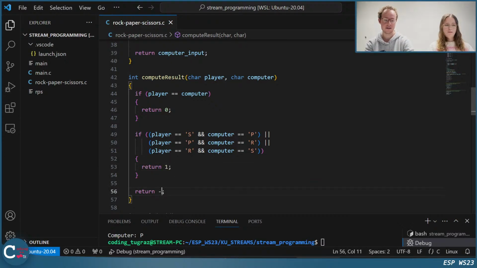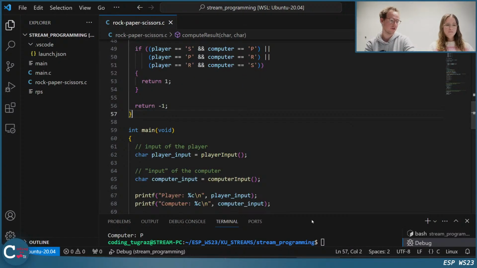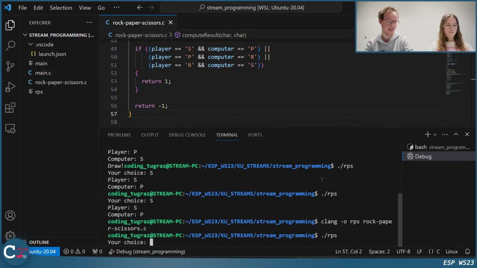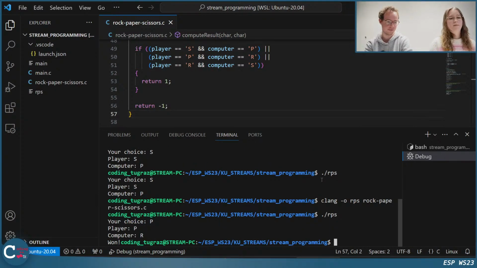And in any other case, we do not have a draw, and we do not have that the player wins, so we return -1. And now we can really run the whole program. If we have, for example, P and the computer has R, then the paper covers the rock, so the player won.